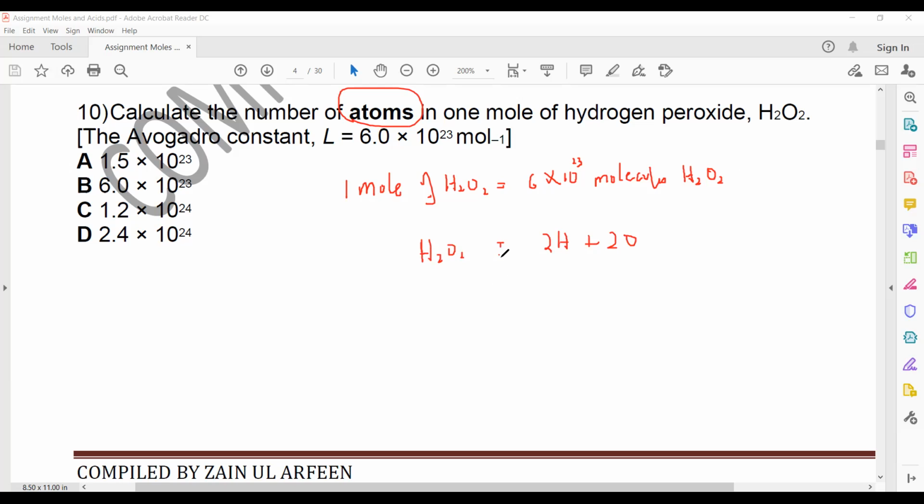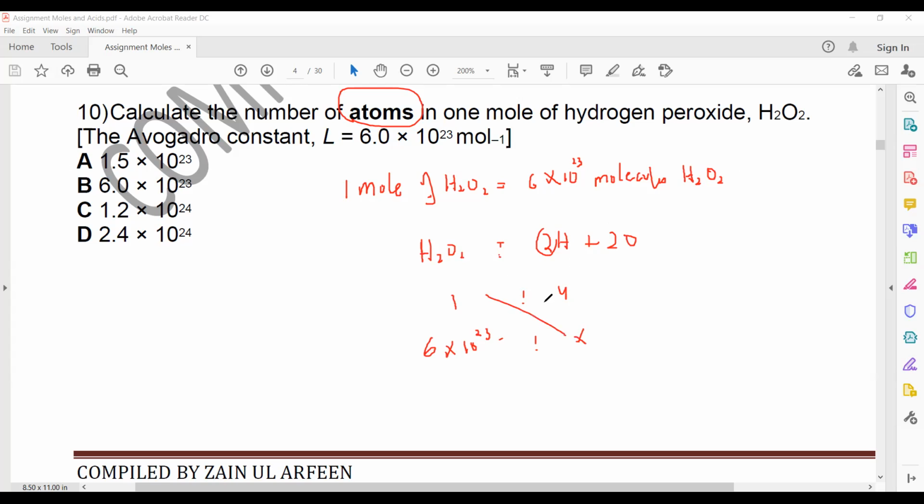So what is the ratio between molecule and atom? 1:4 is the ratio because there are 2 hydrogen and 2 oxygen. So one molecule contains 4 atoms. So if we have 6 × 10^23 molecules,